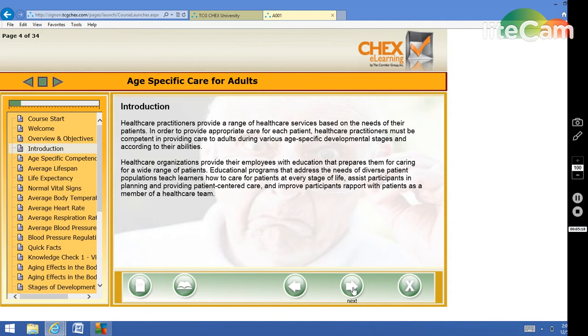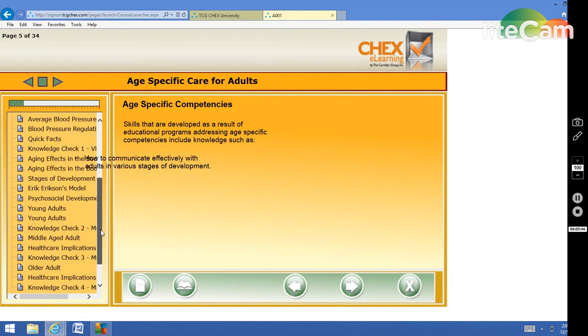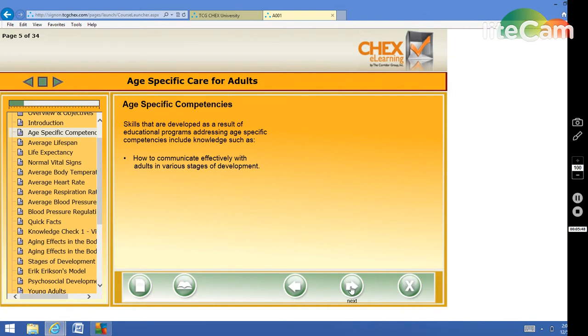So you have to go through all the pages in order to receive credit. You know, this is an expensive tool, and it's all actually really useful. So we purchased it so that you may gain some knowledge. So obviously you won't gain anything if you just speed through it, and the system won't allow for it. So just gonna want to go through all these pages, and